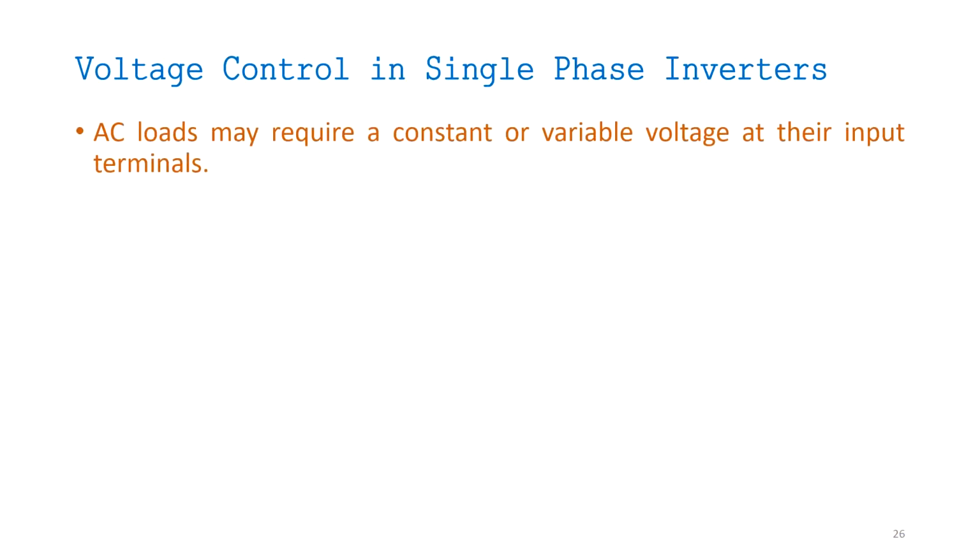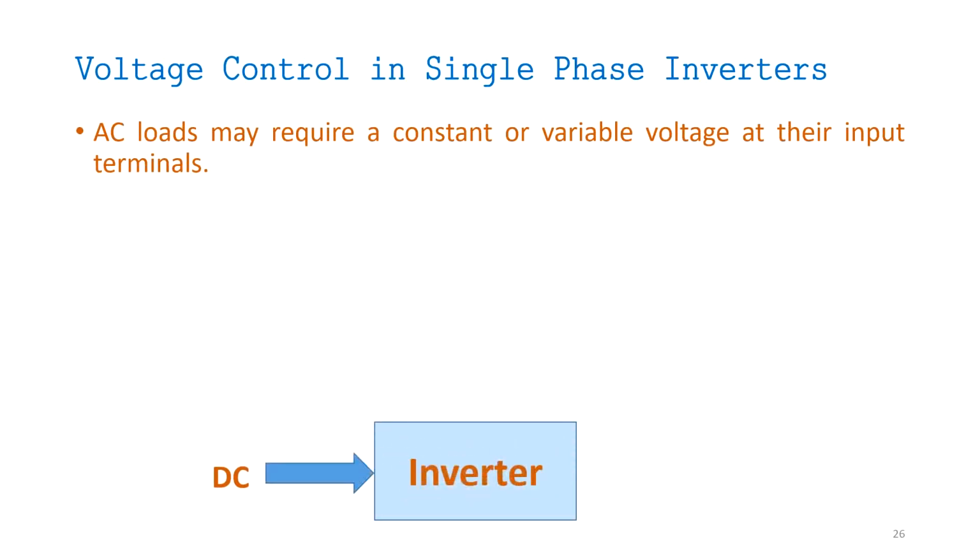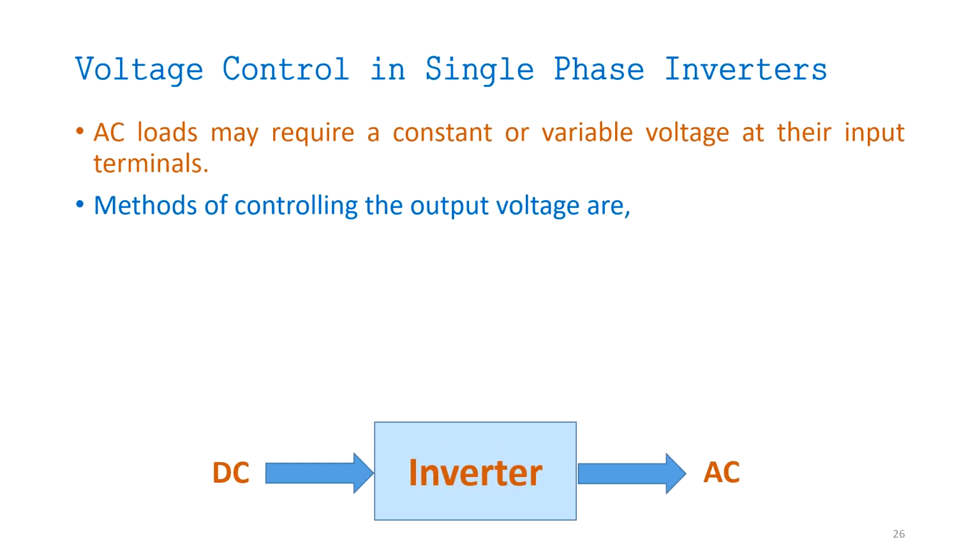AC load may require a constant or variable voltage at their input terminals. Whatever you connect at the inverter terminal, you know the inverter is a DC to AC converter, and the load may require anything, constant voltage or variable voltage. Okay, so the methods of controlling the inverter output are